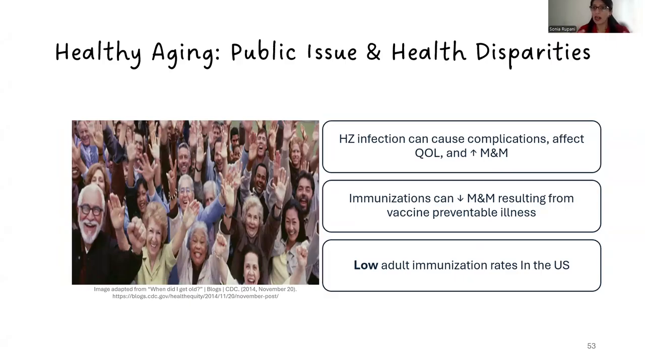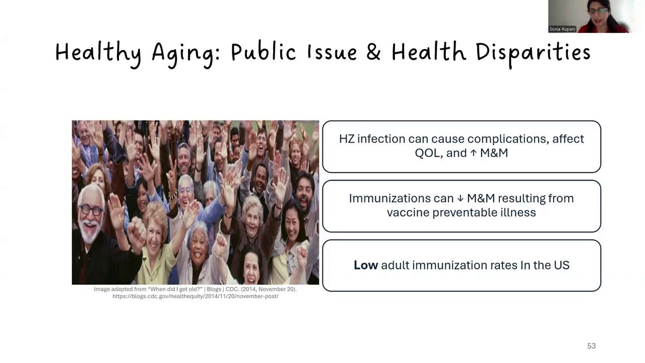So we know our vaccine is effective. It will prevent cases of herpes zoster. It can prevent post-herpetic neuralgia. So now, when we look at our immunization, it's sad, but we are still low on our adult immunization rates